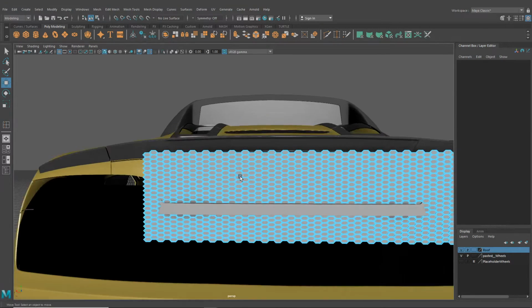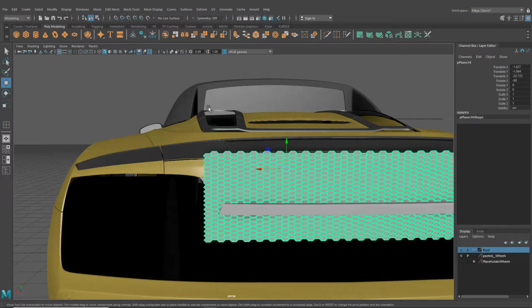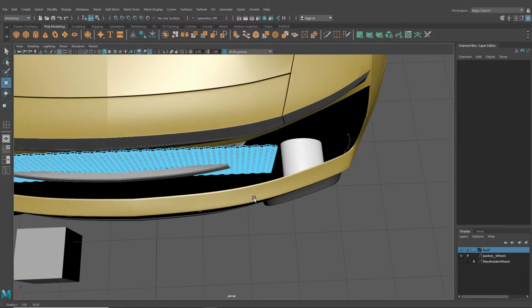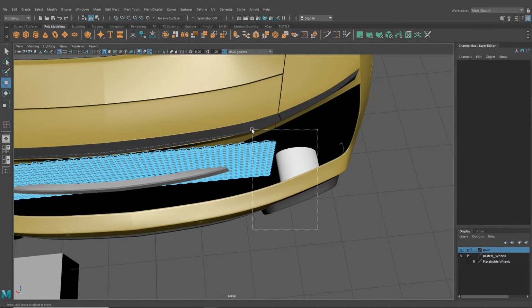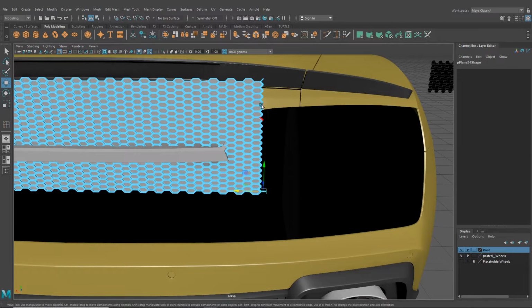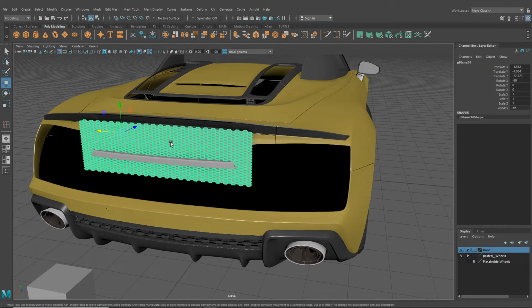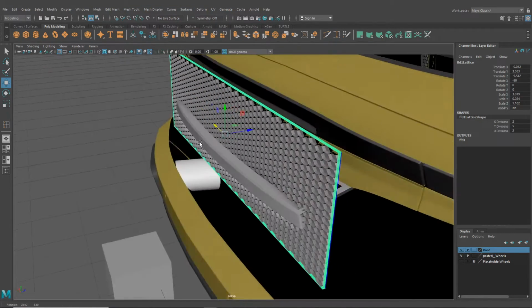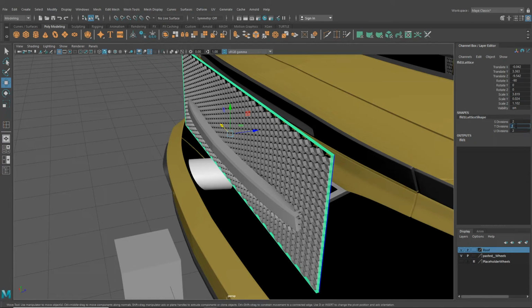Let's maybe reduce it down just a little bit more. We do need to pull it over here. So we'll maybe reduce it down to there. Okay, so that's looking good. Let's have a go then at deforming this, and we'll go for a lattice. Okay, so everything's on the opposite axis, so let's reduce that down to 2. Let's boost this one up to maybe